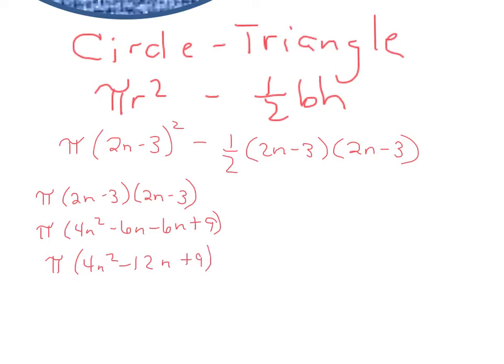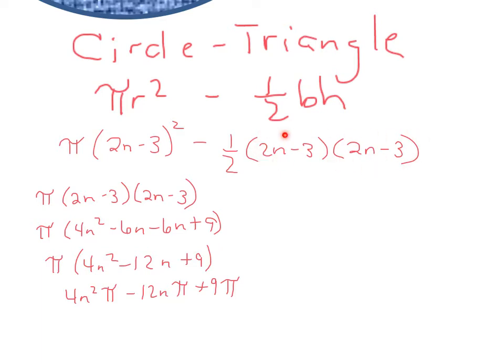Now, you can choose to leave it like this right here, or you can choose to put the pi through. I don't care which one you do. So if you want to do that, it would be 4n squared pi minus 12n pi plus 9 pi. Okay? All right, so now I'm going to go ahead, and on this one, I'm going to go ahead and